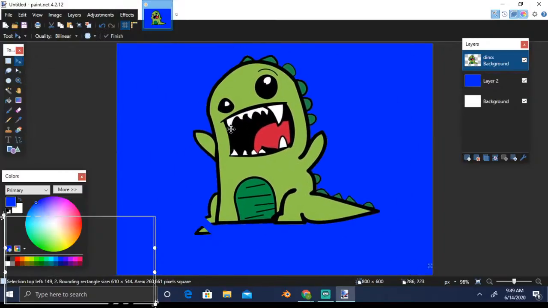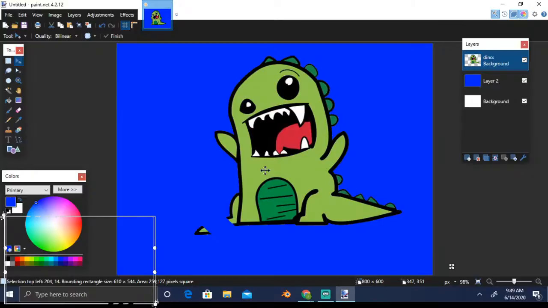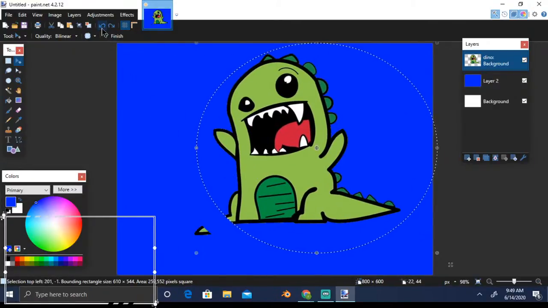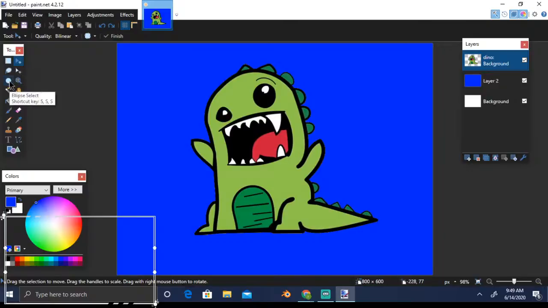Here you can see again I was able to select it, but the circle left this area, so that area just stays there, and the other area I'm able to move. Let me undo this, either with Control Z or from here. I don't want this selection. So that was the square and ellipse select tools.